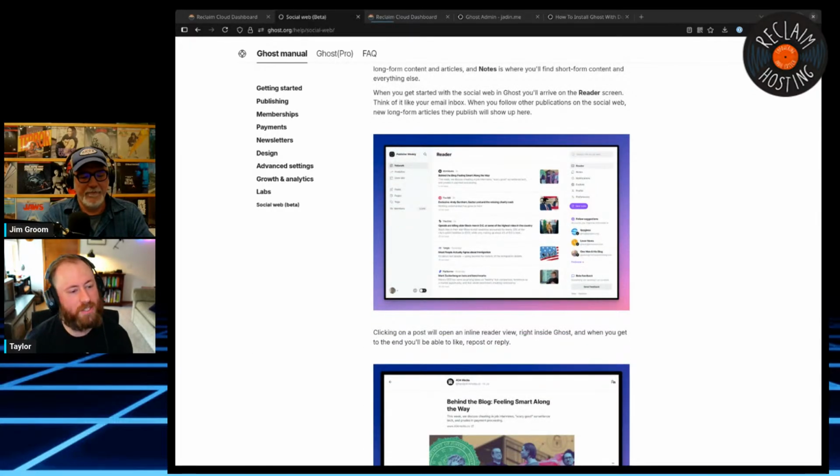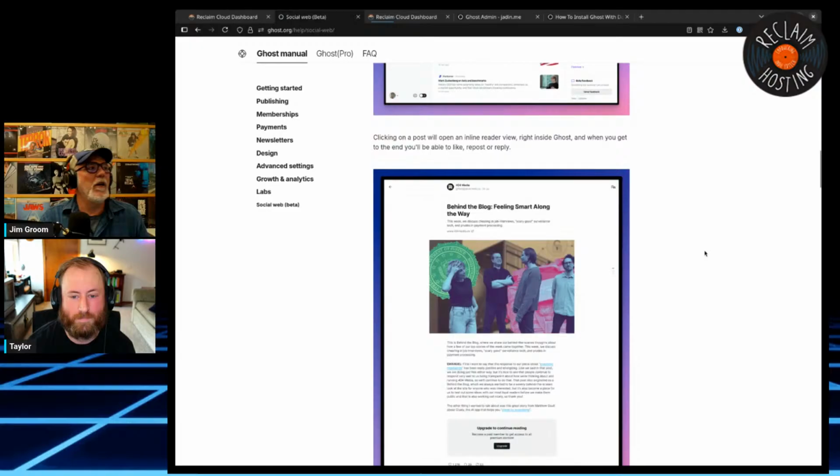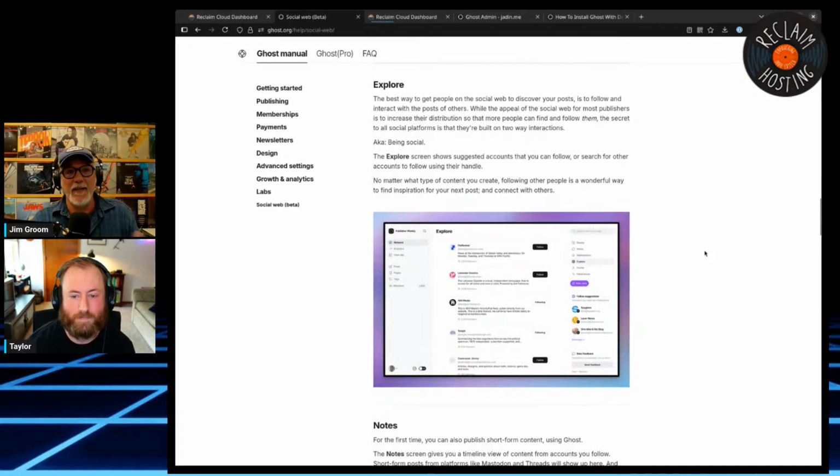Actually, it matches Ghost in a lot of ways. What it does do is pretty elegant and polished. There are plenty of things, though, it just doesn't do it all. So, which was interesting when we were talking about this, it might be worth talking about the things it does and doesn't do.